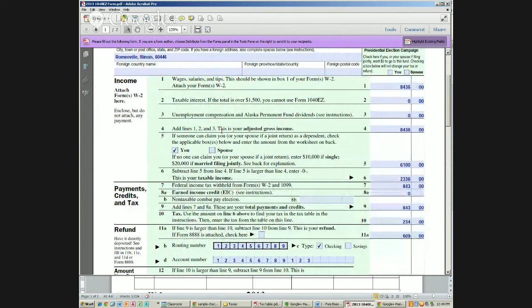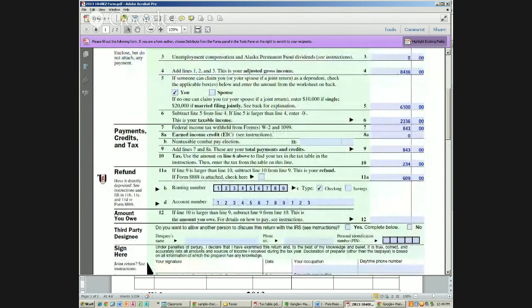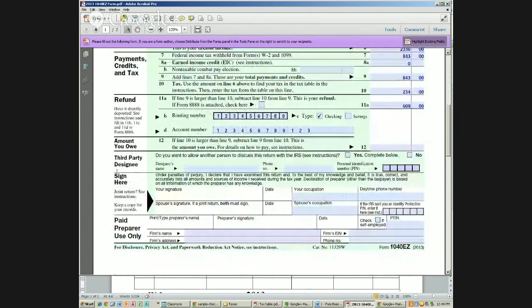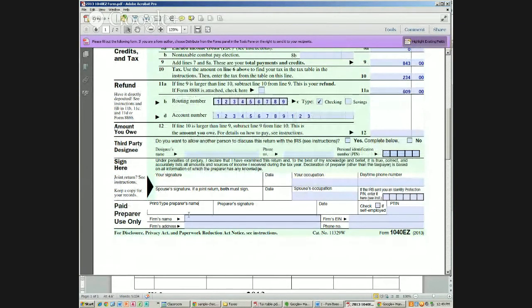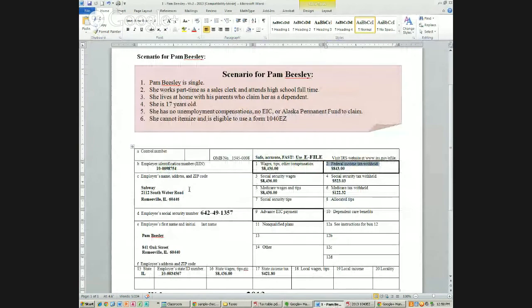Do you want Subway's address? Where is this at? No. Firm address. Sign here. Your signature, your occupation, daytime phone. That's it. Oh, you're talking about the firm? Firm's address means if I was working for Wysick and Company's accountant agency, that would be the address of that place. All firm means is the people who prepared it for you. Oh, for her? Yeah. Unless it's on that W-2. But is the address of Subway on the W-2? I don't think it is. Not the address, the phone number.